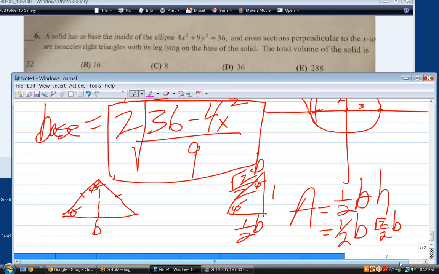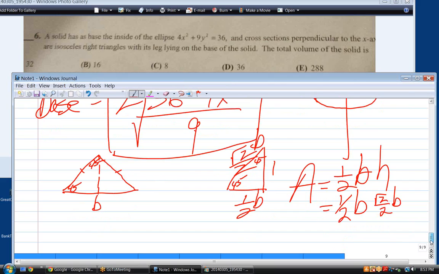And that's going to make it easier, because notice that we have the base squared, which is going to get rid of this radical sign, which is good because that was going to be a hard thing to integrate. So we can just multiply those two numbers together and have b squared. So the area of each triangle should be root 2 over 4 b squared, which is,